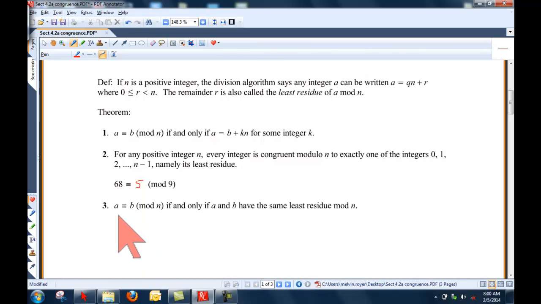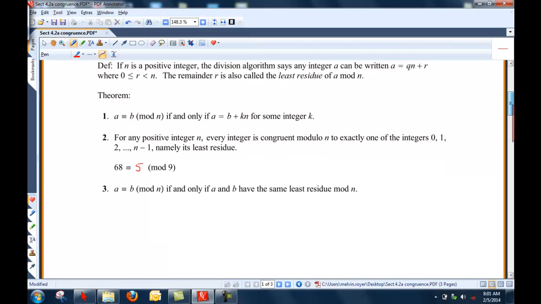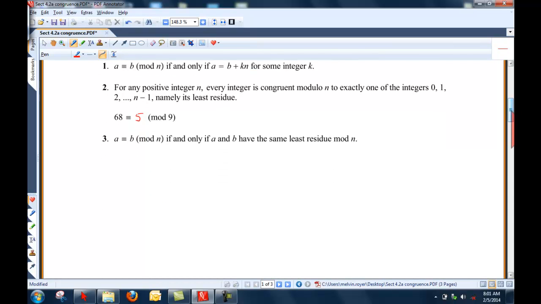And finally, two integers are congruent mod n if and only if they have the same least residue. So if I had another big integer and I wanted to know if it was congruent to 68, one way I could check is whether it is congruent to 5, because I already know that 68 is. So these are pretty intuitive and straightforward but important theorems. Let's go ahead and prove